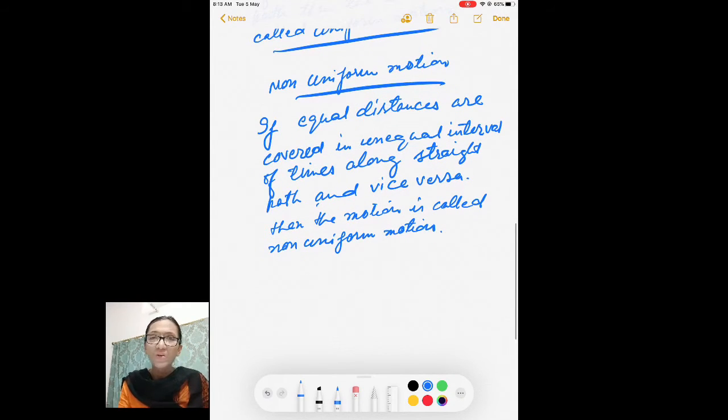Now this non-uniform motion is totally undefined if the velocity is not changing by equal amount. So you cannot define where the object will be after some time